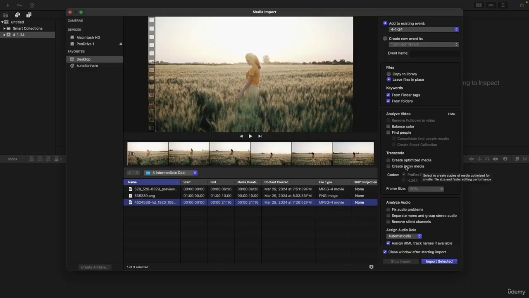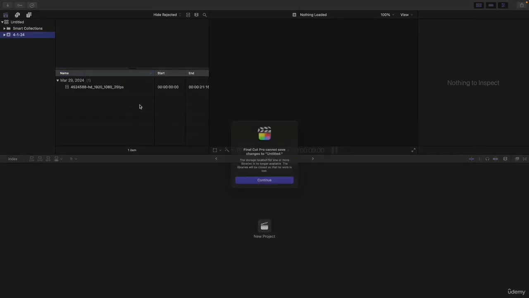I suggest you also tick mark this option. If you want the proxy media, tick mark this, select proxy, and make it 50%. You can of course go lower, but 50% is what we recommend. Then click on import selected file and you will see